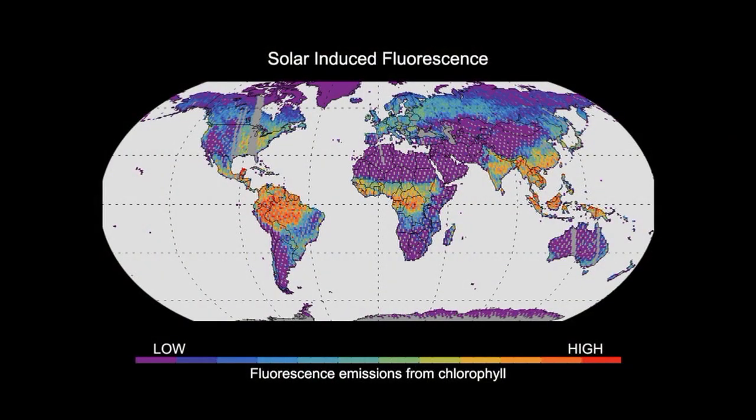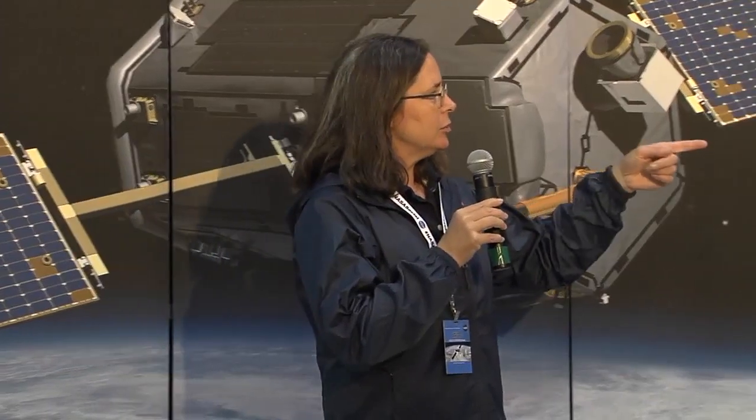And a couple of folks, one of our team members, Christian, and then Joanna out at Goddard, realized that we have wavelengths that see that light. So they've developed a technique, and this is showing a map of what we expect to see from OCO-2, of basically a measurement of light that leaves are giving off when they photosynthesize. So this is important because it gives you another little lever, another way to look at what plants are doing and what they're doing in the carbon cycle. If you wanted to just look at that, you might design things a little bit differently, but we'll actually have a pretty useful piece of information out of here.